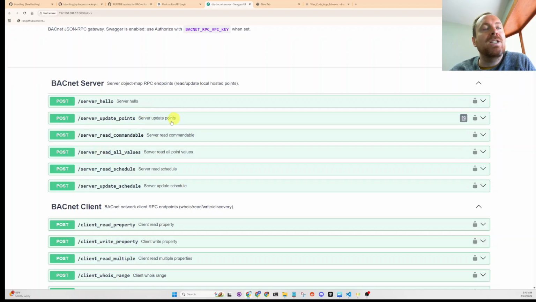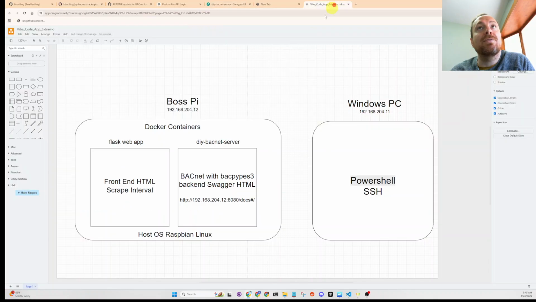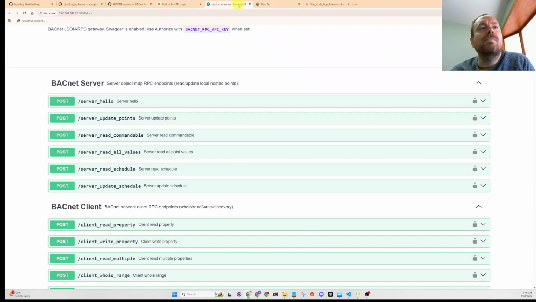So when we interact with it, the Pi is serving us a little HTML file, but we're kind of using the same features that these two guys will talk back and forth with. Okay, so let's test this out. So we have to authorize our